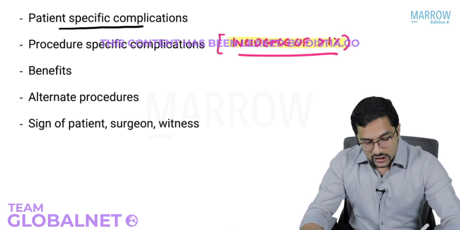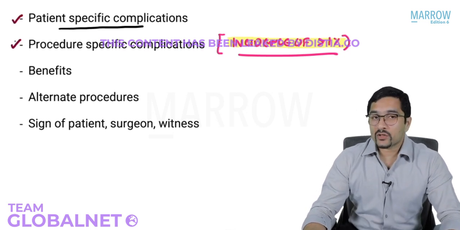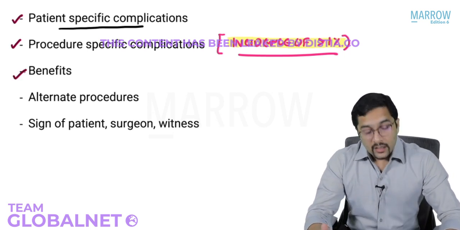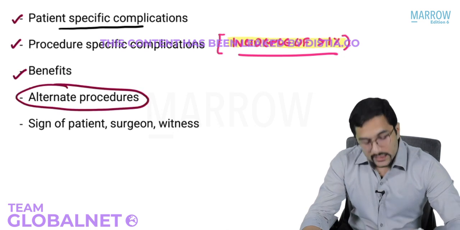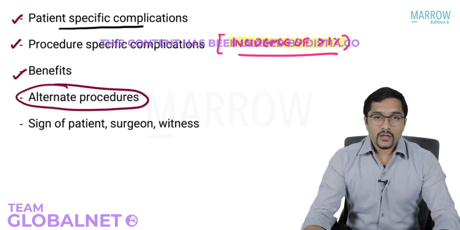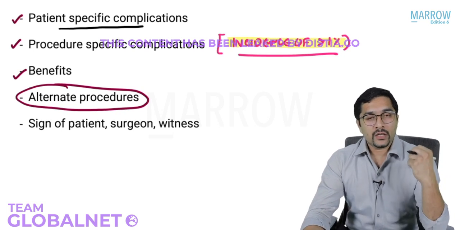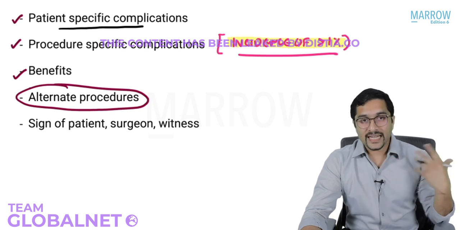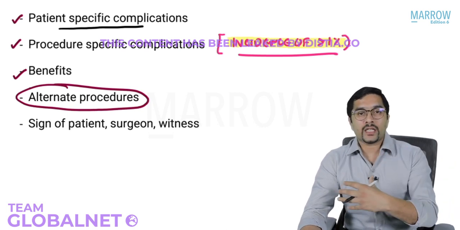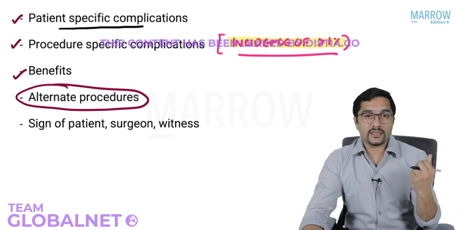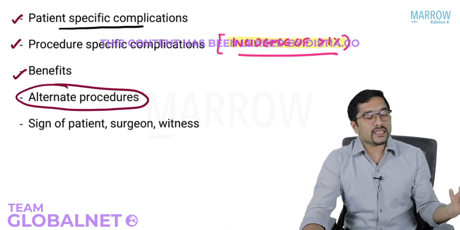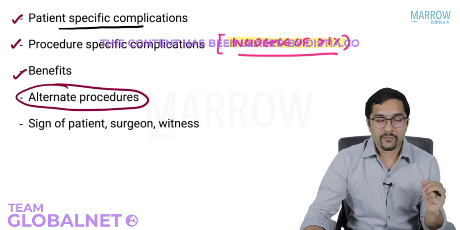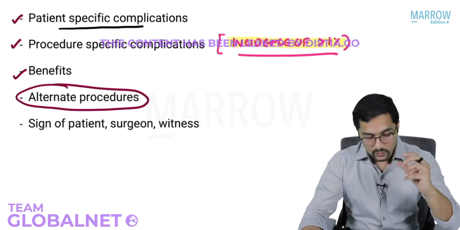The next thing which you need to mention are the benefits which the patient is going to get from the procedure. So if I'm doing a mastectomy, we are treating the patient of a cancer. Very important, alternate procedures which are going to be performed, right, or have been offered to the patient. So whenever we fill in a consent, if the patient has opted for mastectomy, we will always write in the alternate procedures breast conservation surgery. Or if the patient has opted for breast conservation surgery, we will always also write mastectomy as an alternative procedure explained. Right? So alternate procedures also we need to write.